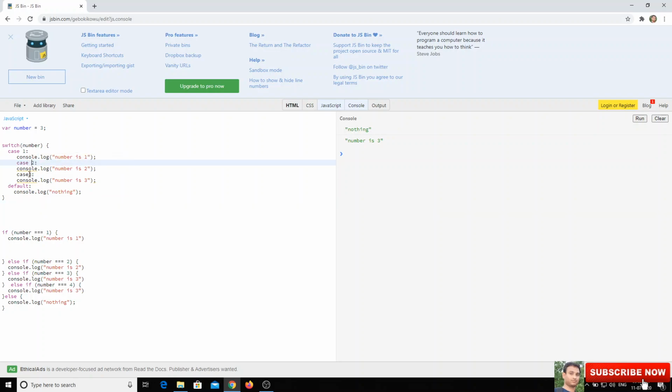Oh sorry, we have to give the space here. Now if I execute, we got number is 3 and nothing. That means the earlier cases are not satisfied, so it didn't execute them. From case 3 onwards it has executed, and afterwards it is not checking any conditions, and goes on executing everything. Now let's check 2. In the switch statement, case 1 will not be printed, and from case 2 onwards everything is printed without checking any conditions. Yes, we got the same output we expected.